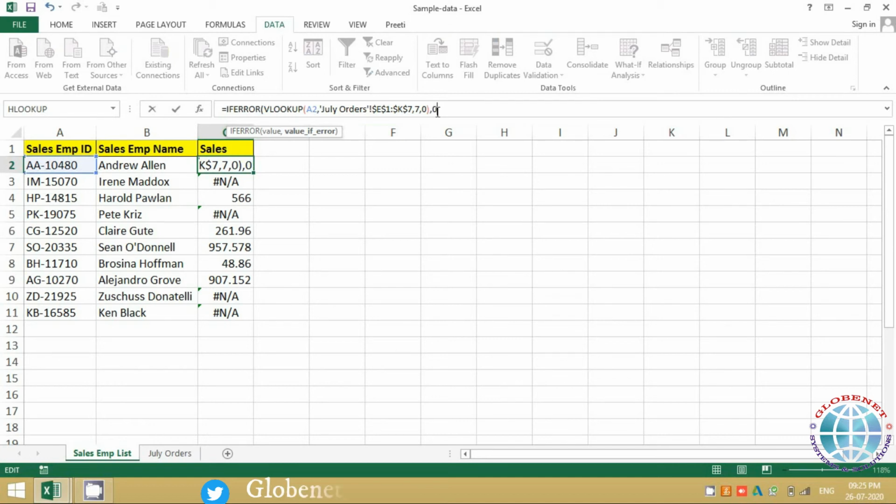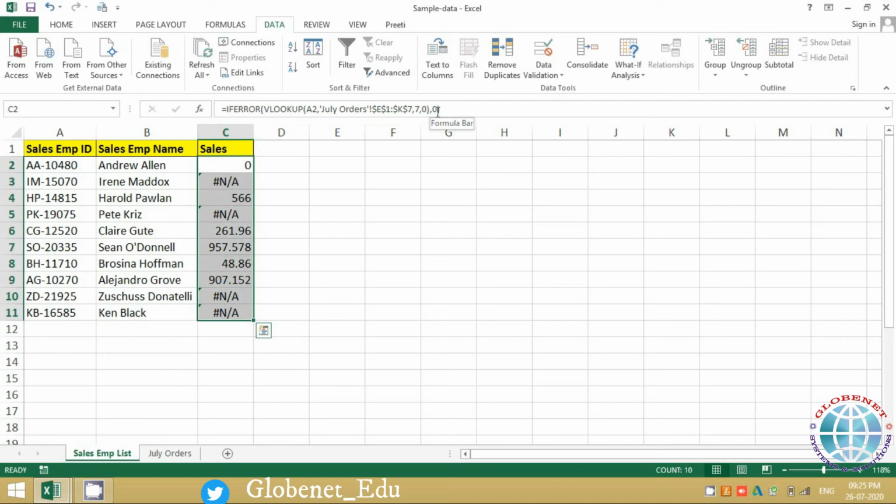So I'll say 0. If it's a number, just write the number, don't enclose it in double inverted quotes, otherwise it considers that number as text the moment you enclose it with quotes. I'll press enter, just drag this formula. So this is how it is shown. It's shown with the value 0.